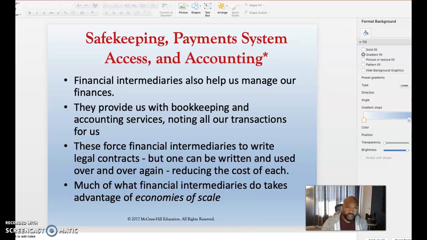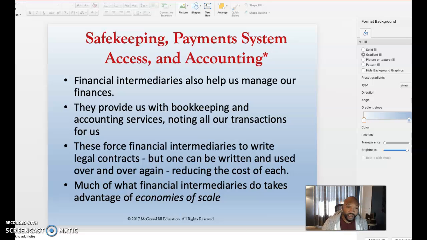And then the next test question is on this slide. So banks also help you manage your finances. Most of us probably don't realize that banks provide us with accounting and bookkeeping services. If you log into your bank account, wherever it may be, mine is with Chase, I see a running ledger of everything that I'm spending money on and an up-to-the-minute balance of what's available